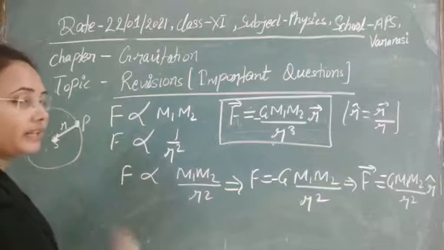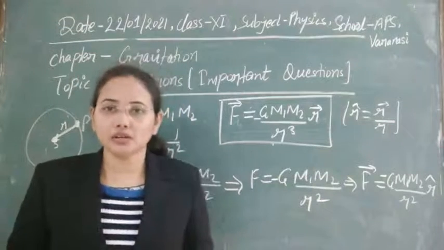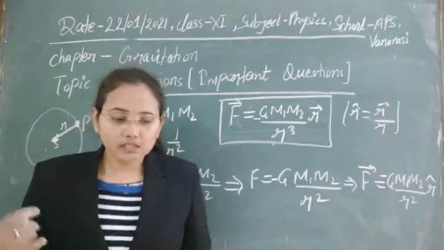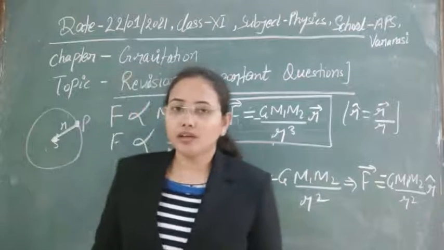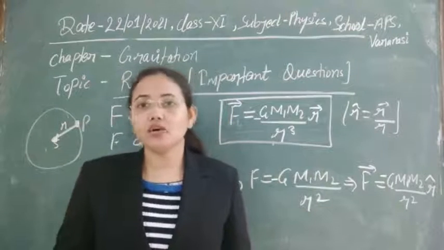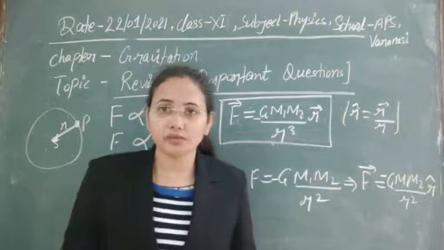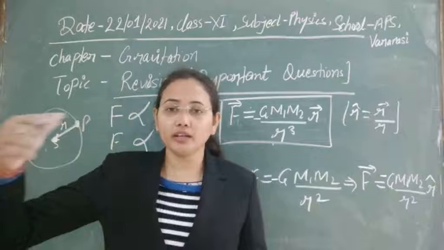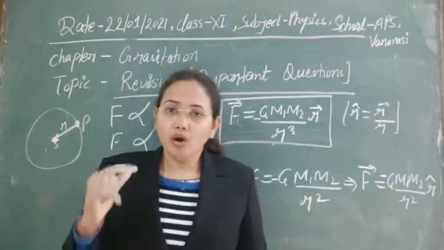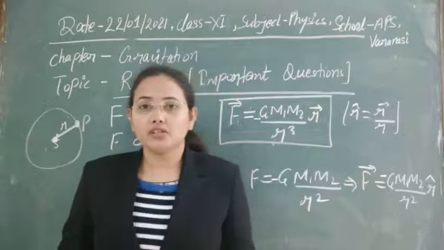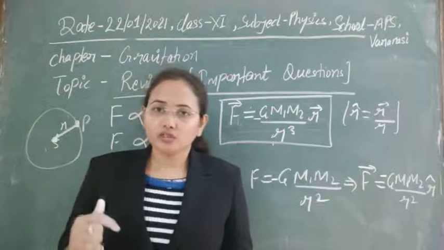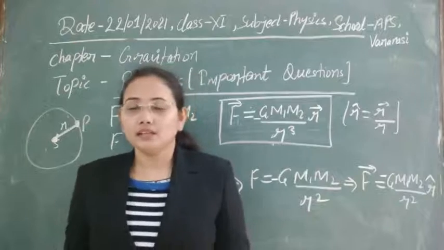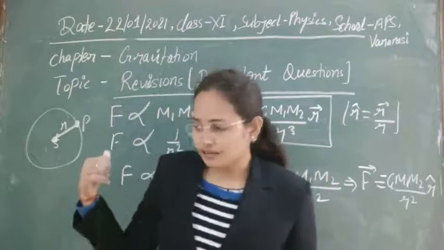You know the properties of rotational motion also, so you can apply those properties here. Whenever we are talking about the gravitational force acting on any system of planetary motion or satellite motion, whatever you are talking about, if it is revolving around any body, then always the angular momentum will be conserved there. Clear? And also the torque acting on it is zero. No external force is acting there. So such things are established here.